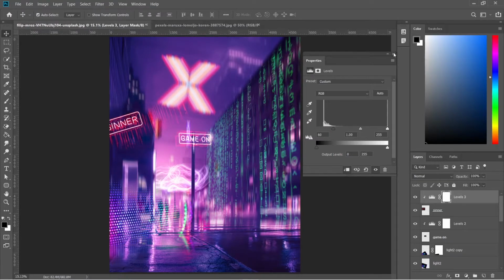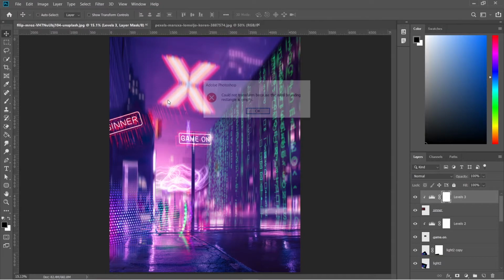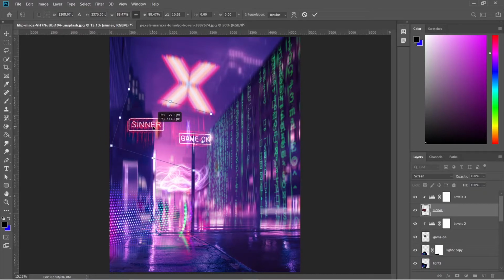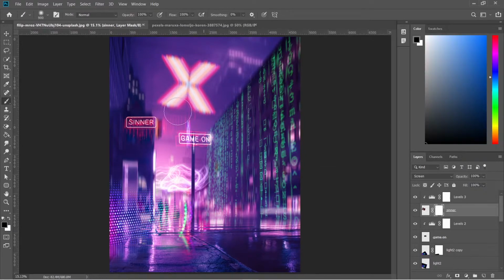Shadow handle to 60. Press Ctrl plus T. Let's place it around here. Decrease the size a bit. Add a layer mask and clear the pixels which are visible here.